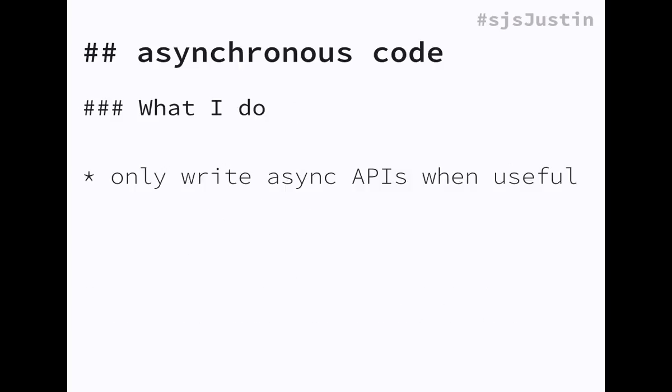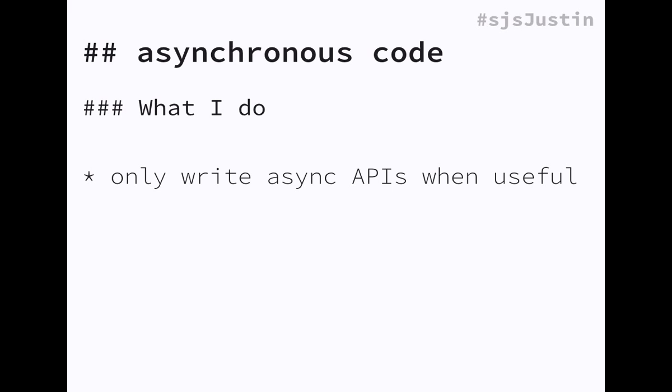So what I do instead is I'm careful to only, I know everyone in JavaScript land loves async all the things, I only write async APIs when it's actually useful. And that usually means when I want to avoid blocking, like in Phil's talk earlier. Like I'm talking to a network or a file or some such. And in those cases, normally that async behavior belongs in the periphery of my application anyway,